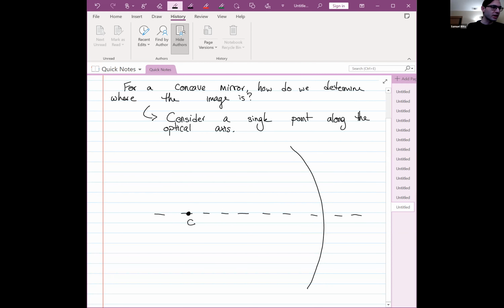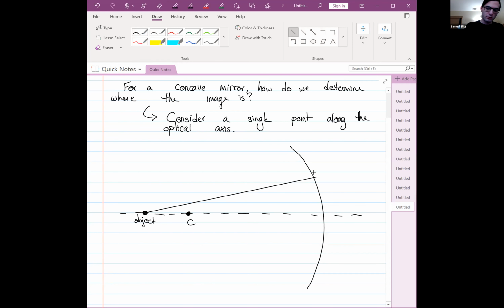Let's just say that we slap a point down here. We're going to put our object here. Our object is just a point. So let's just start drawing rays. Let me get out the straight line drawing tool. By the way, I'm going to use a convention where green is incoming and red is outgoing. So here we have one ray